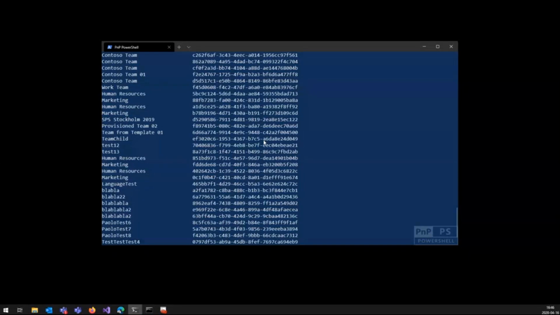You do it one time, and then from that moment on, you can use that client ID and the thumbprint. If you do not want to use the thumbprint, but you want a certificate, the Connect-PnPOnline commandlet also allows you to provide the PFX file as an input instead of a thumbprint. You don't have to add it to your store if that is your preference and you want to bring that certificate with you. So the initialize commandlet also allows you, as I mentioned before, to save the files actually to your file system and then take them with you.